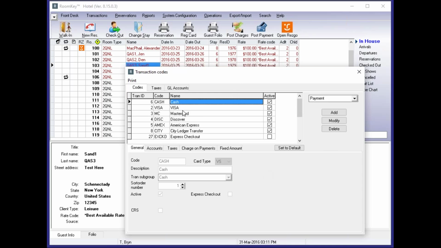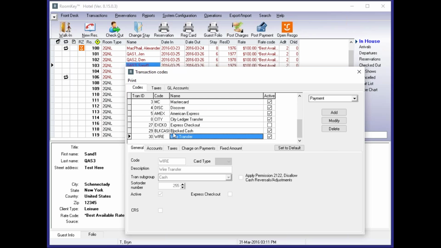So if we go to the cash one, or actually I'm going to use my blocked cash one, you'll see here I have the trans subgroup set as cash, and I have